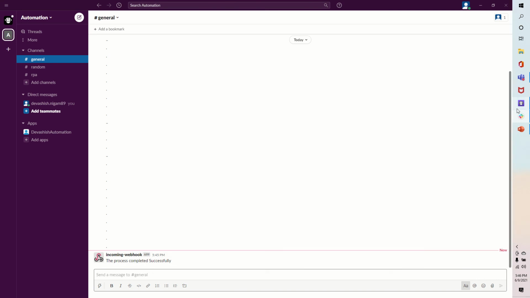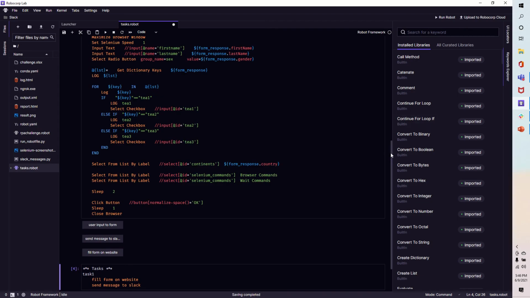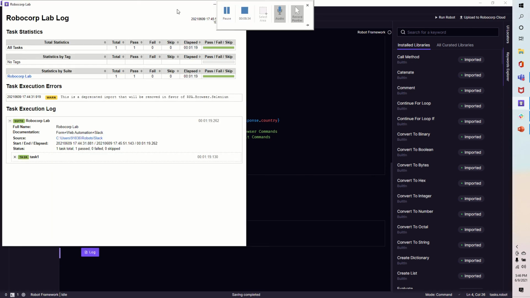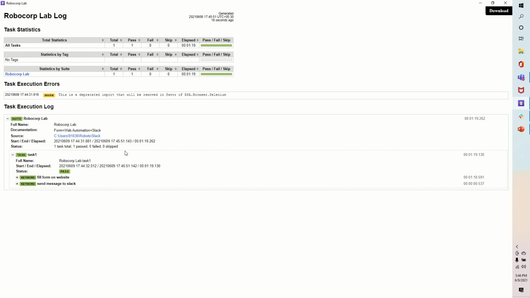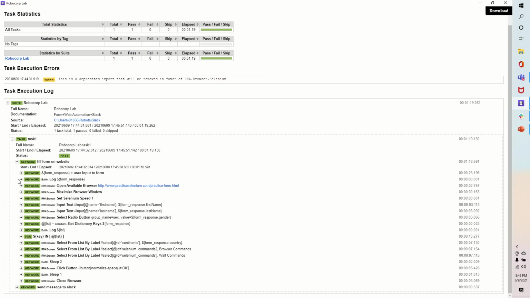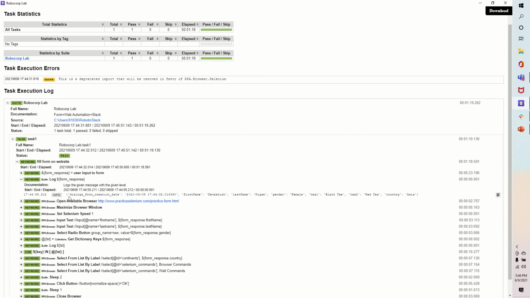Let me explain how the JSON response, sorry, the dictionary response looks. Let me show you from the form. Here I'm logging it, and you can see the form creation date and the first name. The key is first name and the value is Devashish, which I input.